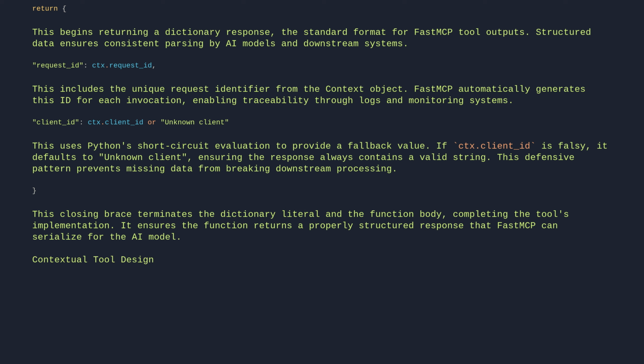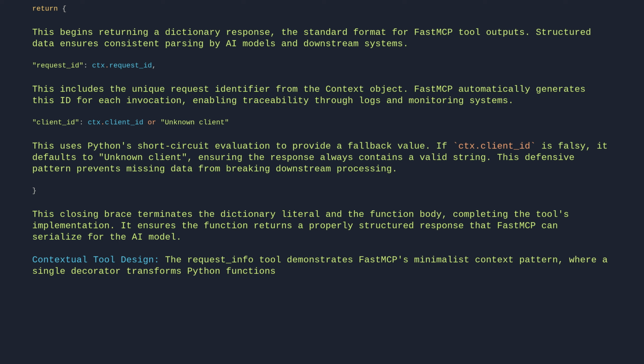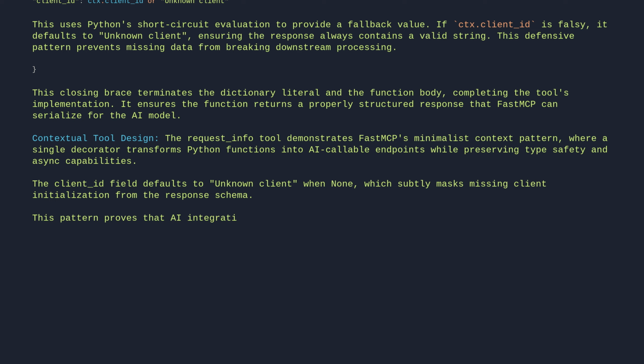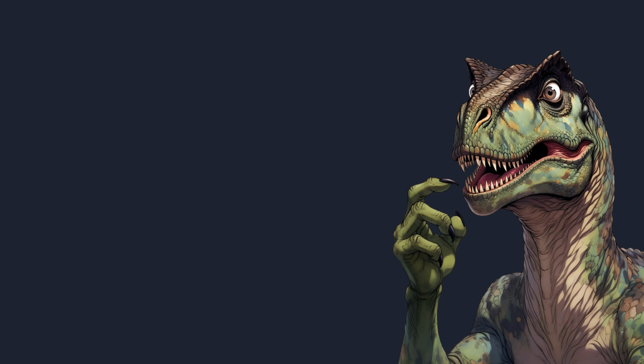Contextual tool design. The request_info tool demonstrates FastMCP's minimalist context pattern, where a single decorator transforms Python functions into AI callable endpoints while preserving type safety and async capabilities. The client_id field defaults to "unknown client" when None, which subtly masks missing client initialization from the response schema. This pattern proves that AI integration doesn't require sacrificing Python's native type system or async support. The tool that knows nothing of its caller answers everything about